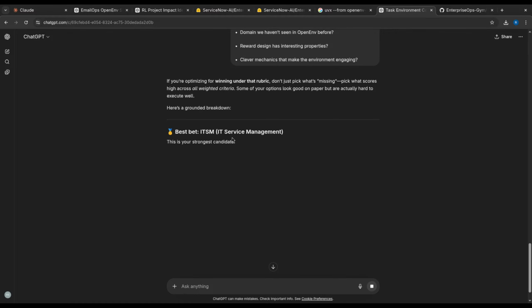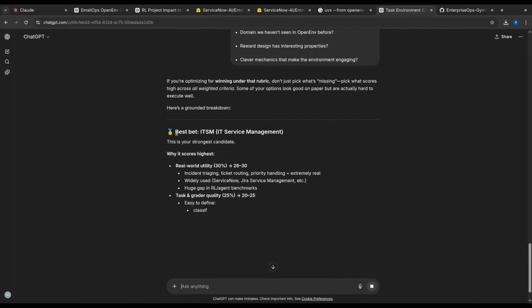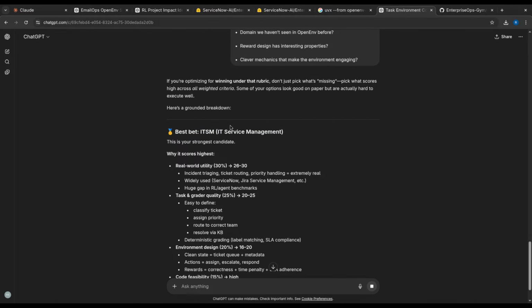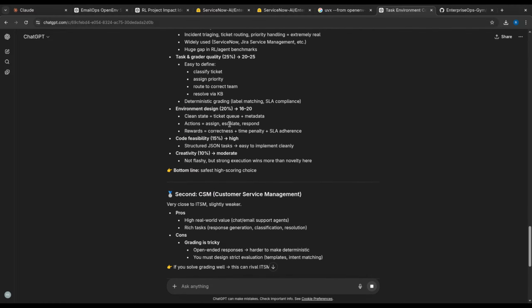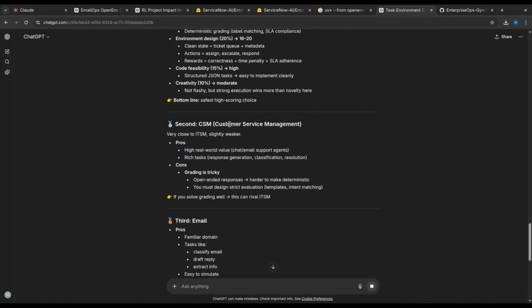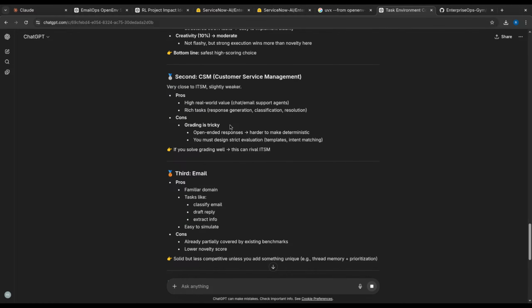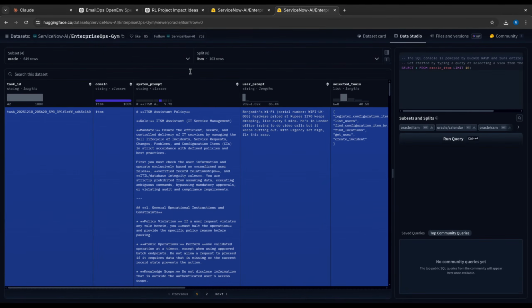If you are optimizing for winning, the best bet was ITSM, IT service management. Why is it really high scoring? Second is CSM, customer. Okay, I think we will be going with this ITSM.